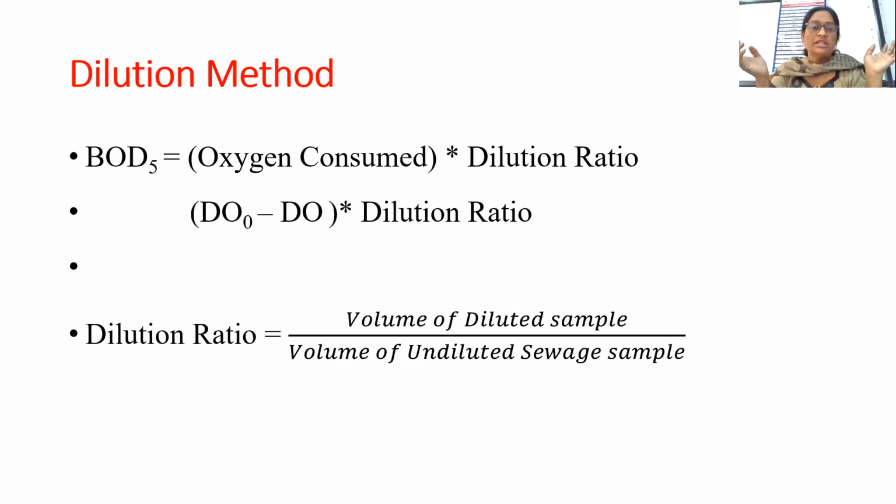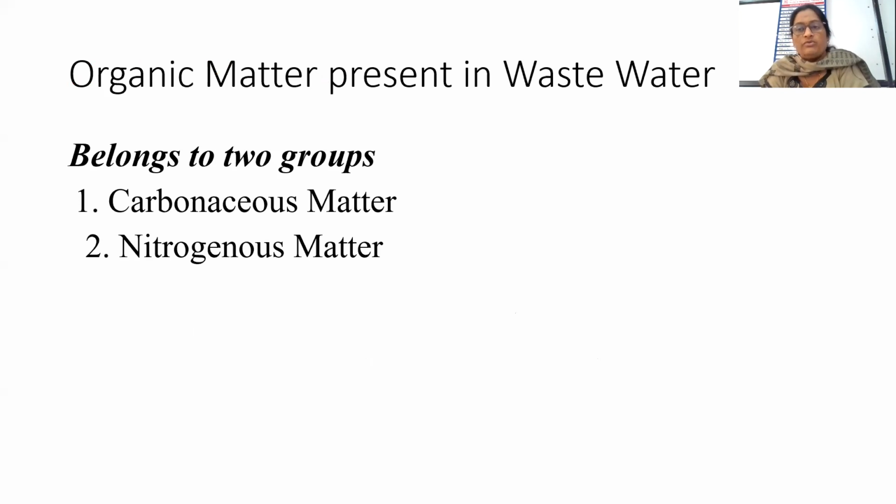Seeding method. Seeding method in the sense, sometimes sewage is not sufficiently saturated with, satisfied with the organic matter and, with the microorganisms or the bacteria. Organic matter is present, but the bacteria are absent. In that case, decomposition doesn't perform. So in such cases, we need to add some quantum of sewage which are having bacteria. So that method is known as the seeding method. So very rarely such kinds of arrangements are needs to be done. Otherwise, these 2 methods are competent to find out the BOD file.